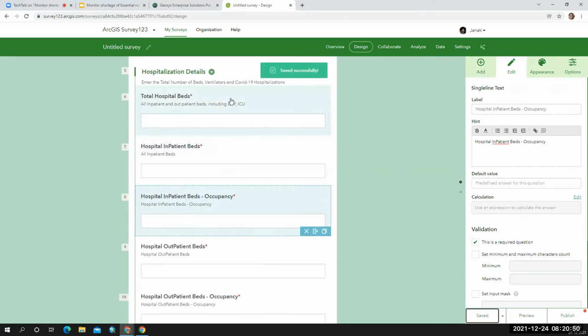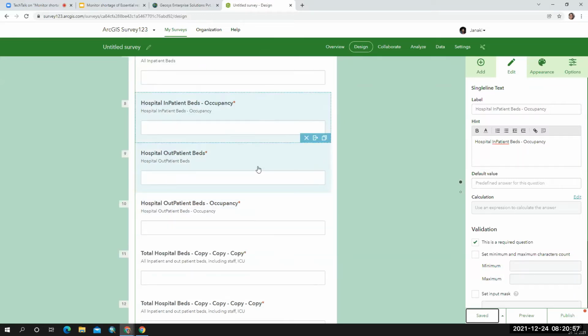Okay, so I'm taking total hospital beds in a particular hospital and total inpatient beds that are available and the occupancy, outpatient beds and the occupancy.